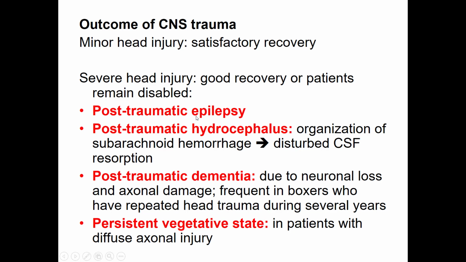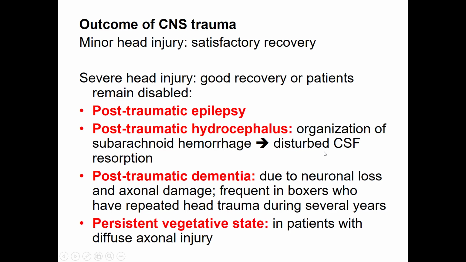So one is the post-traumatic epilepsy, because these CNS traumatic lesions are actually going to heal with glial scars, and these glial scars act as epileptogenic foci. And many of these patients are having sometimes even pharmacologically uncontrollable epilepsy. Post-traumatic hydrocephalus may happen, for example, if subarachnoid hemorrhage is becoming organized, and this is interrupting the